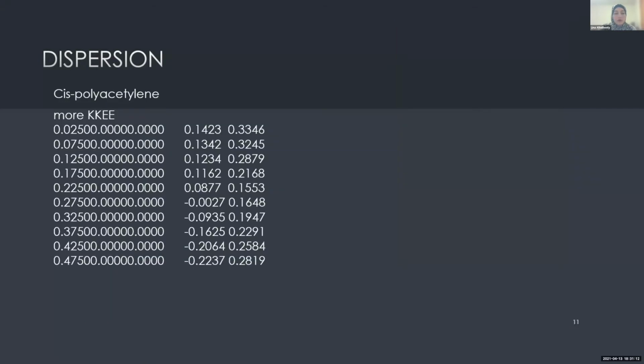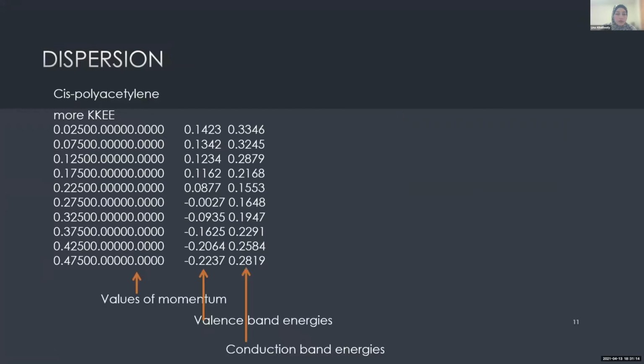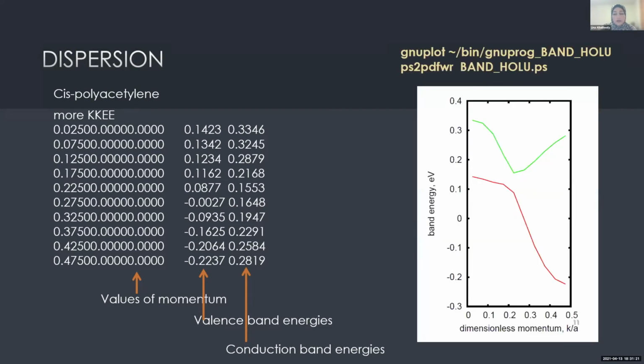Okay, so for the other model, I just tried to calculate the band structure, and I get this shape. It's weird, I know, but depending on my model, I get this. So it's showing also the dispersion relation, and